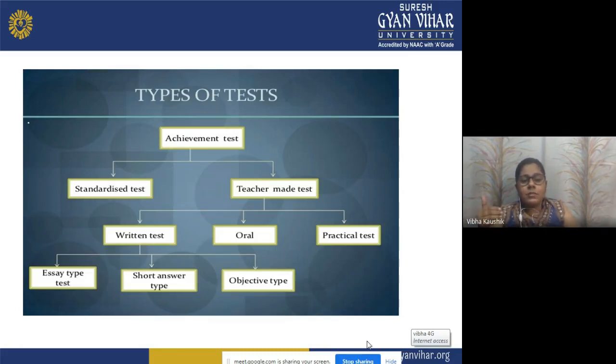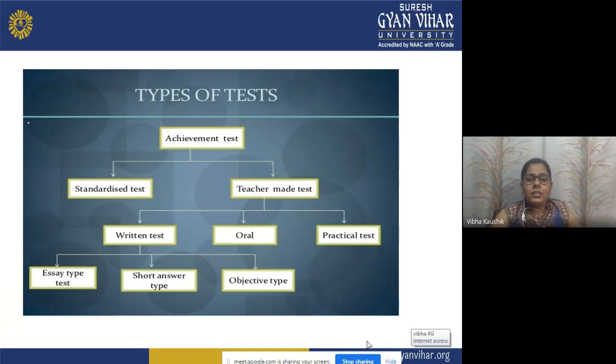That is, the first one is the written test, in which the teacher can assess the knowledge of the student, or assess the understanding of the students about a particular topic. He can ask the students to give the written test. The second one is oral. The teacher can ask the students to give their oral test. The teacher can judge the performance of the learners with the help of the oral test. Now, the practical test: the teacher can give them any experiment and they have to conduct that experiment.